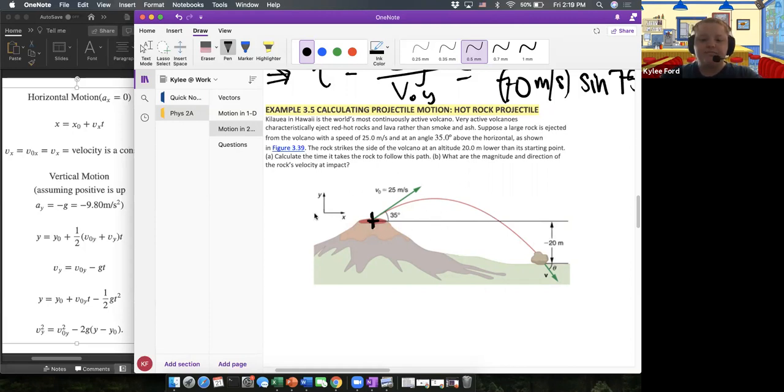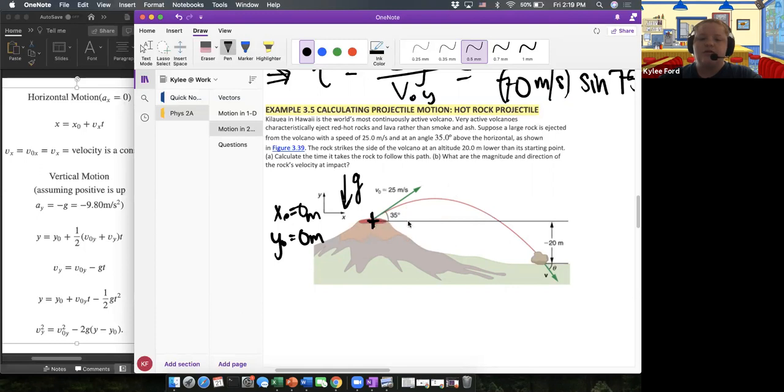All right, so again, at this point my x0 is 0 meters. Same thing with my y. My x0 and my y0 are going to be 0 meters. Okay, so again, let's label some things that we know. So we know that there's some gravity. We know that at the end,